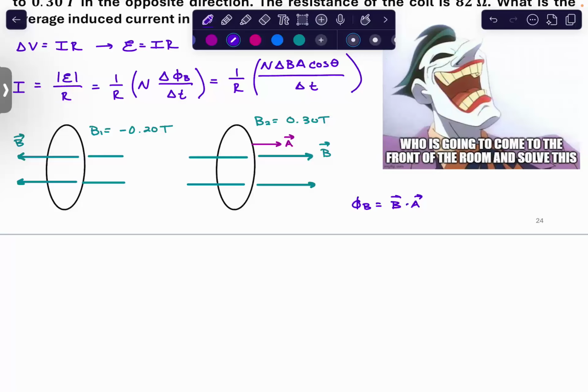So since theta is 0, our current is now going to be N times A times the change in B, because cosine of theta became 1. And then of course our A, pi r squared,